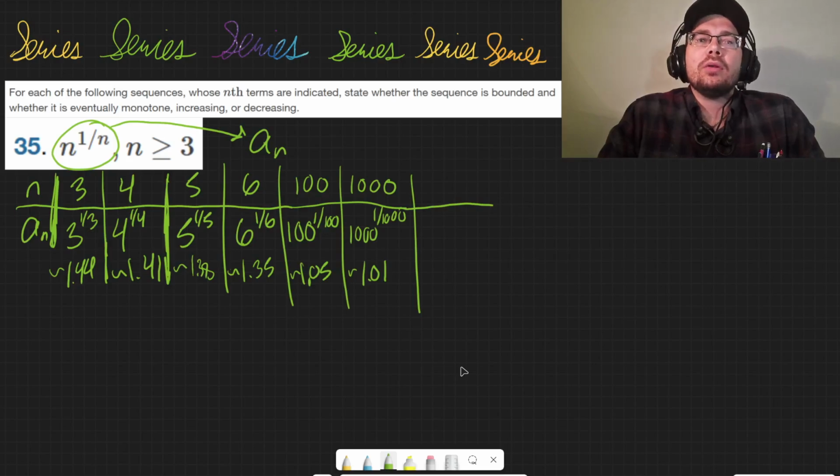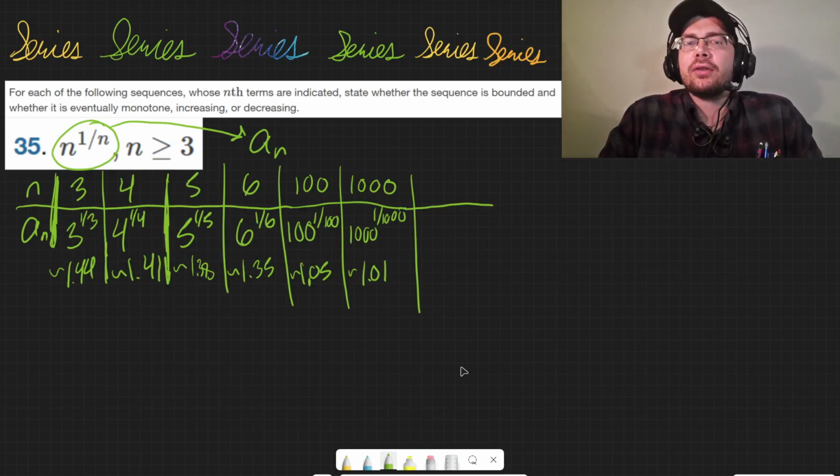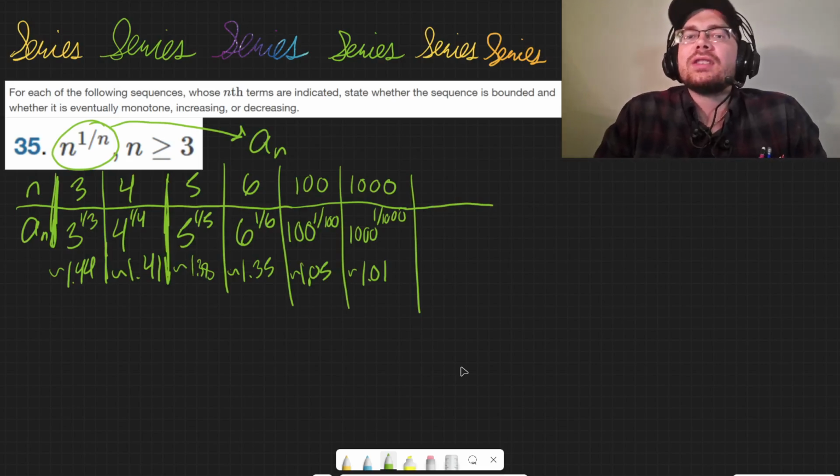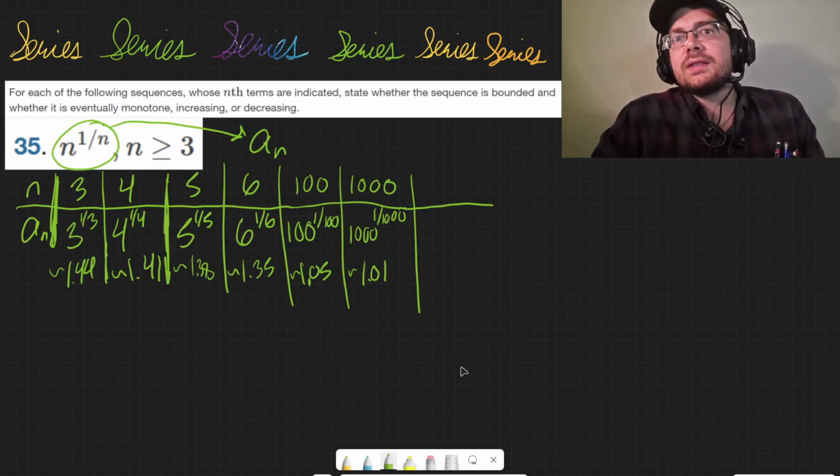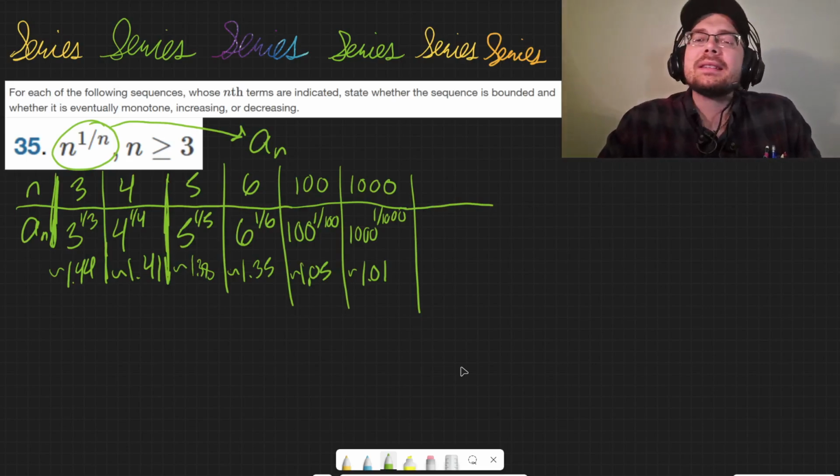Like, 2 to the third power is only 8, but 3 to the third power is 27, 4 to the third power is 64, 5 to the third power is 125, and so on and so on. So if the base increases, assuming the power doesn't decrease, then the number would get bigger and bigger and bigger, but the power is decreasing. And when the power decreases,